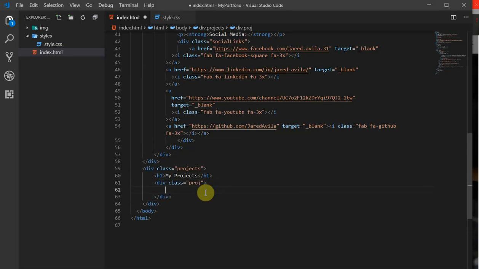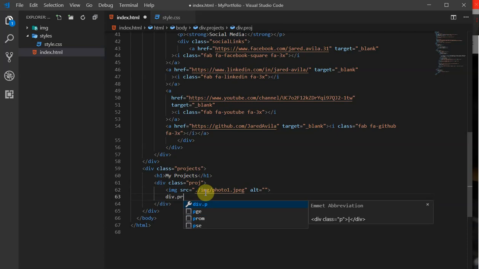And that's going to be the actual proj. I'm going to duplicate this proj class multiple times because this is going to be the actual individual projects themselves. So we're going to add our image of our project, and in our source we're going to say /image, we'll say photo1. Okay, and then under the image we're going to have a div with a class of proj